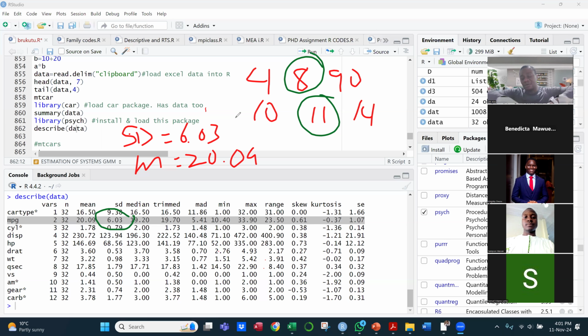Anything zero means that they are perfectly equal to each other. And anything higher means that they are far away from each other. You can only conclude that. You can't talk about much of a degree unless you have other ones to compare. Okay. Take note that the standard deviation,